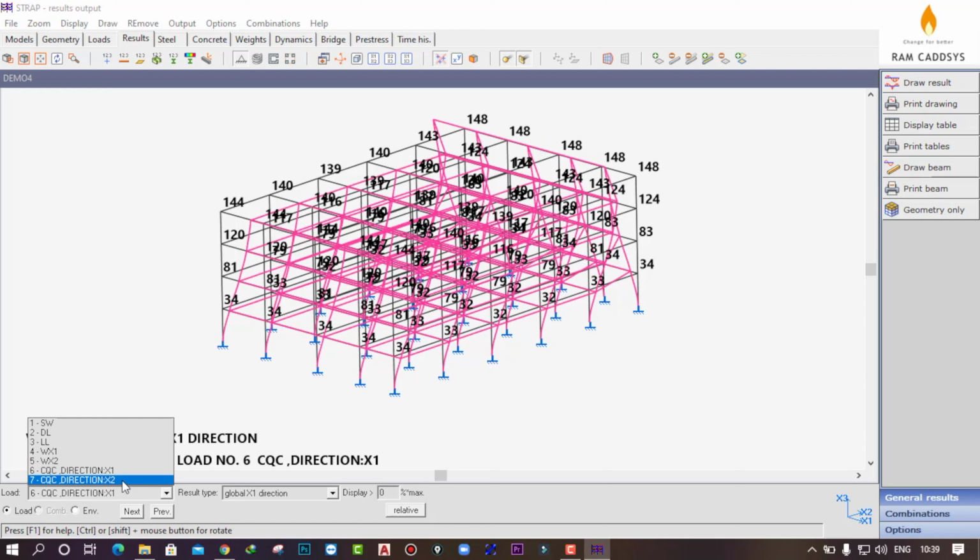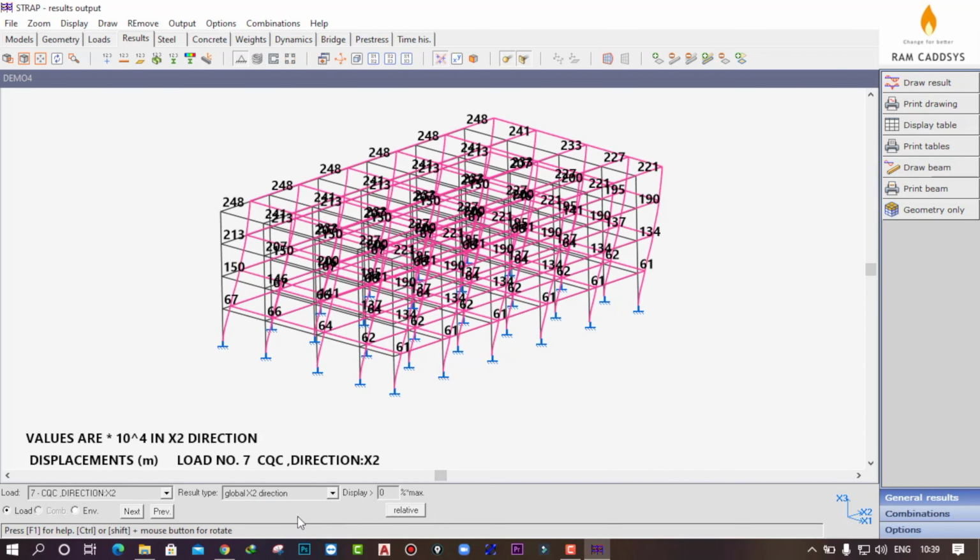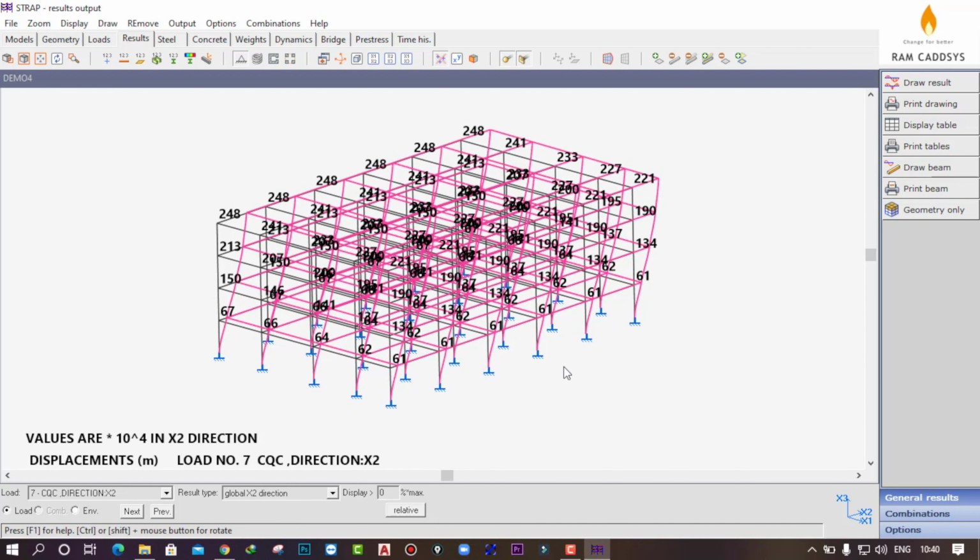Let's change it to x2 and the global direction to x2. You can check the deformed shape for the x2 direction. So this is how we can analyze the structure considering the seismic force, and we can put all the parameters as per the code which we are using.